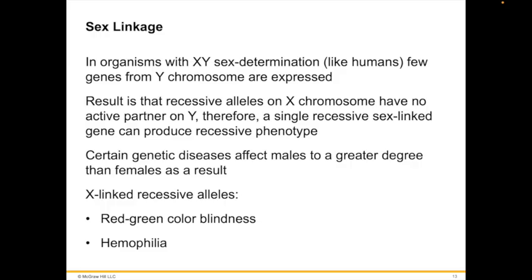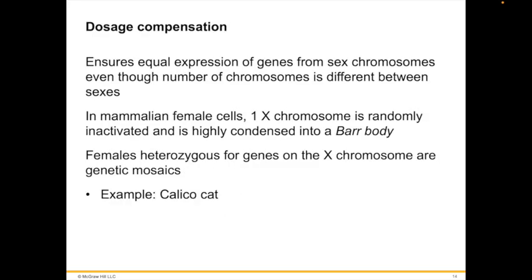Although males have only one X chromosome and females have two, female cells do not produce twice the amount of proteins encoded by genes on the X chromosome. Instead, one of the X chromosomes in females is inactivated early in embryonic development, shortly after the embryo's sex is determined. This inactivation is an example of dosage compensation, which ensures an equal level of expression from the sex chromosomes despite a differing number of sex chromosomes in males